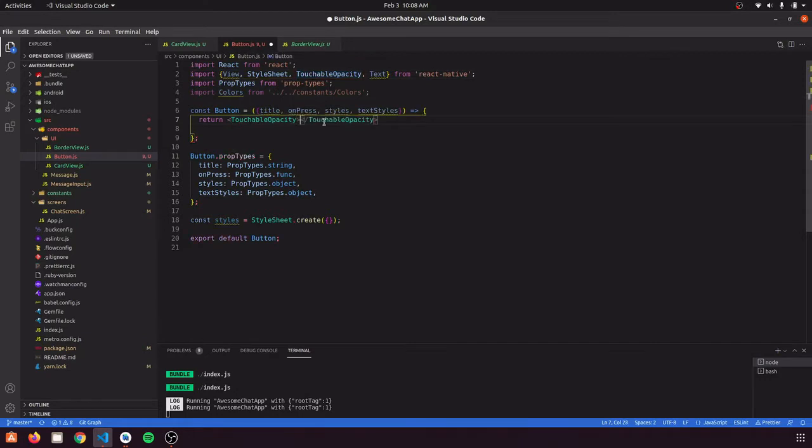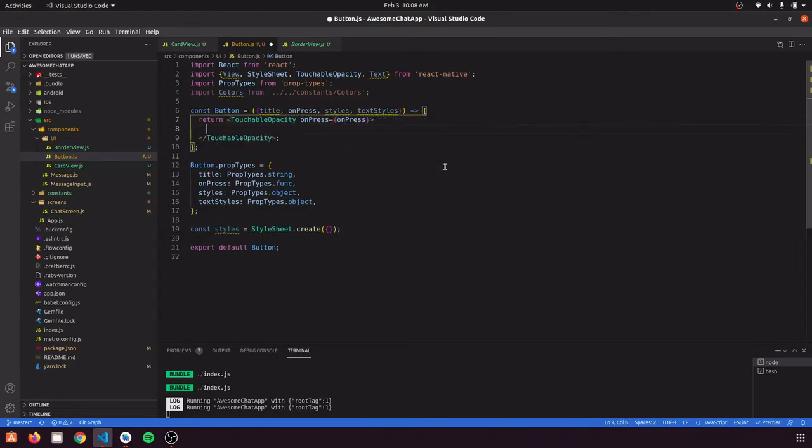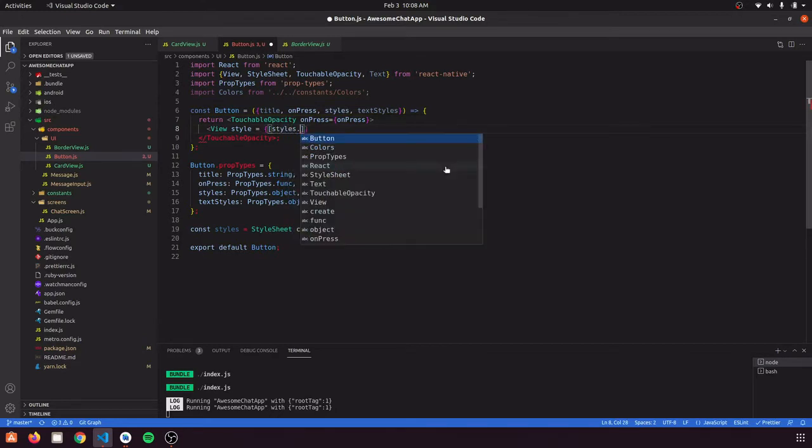So we are going to return a TouchableOpacity. Its onPress method would be the incoming onPress method, and inside that we are going to have our view, and for this view we are going to give a style as styles dot buttonContainer, let's say, and this incoming style also.